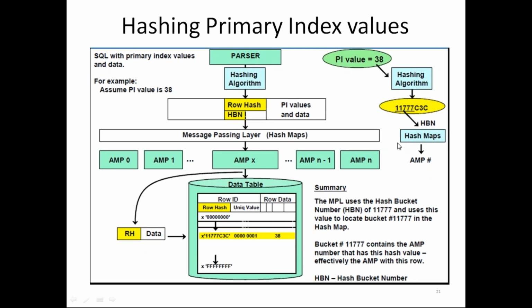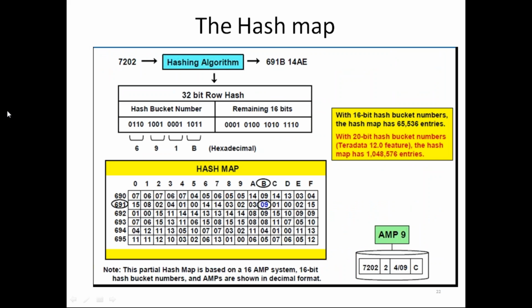Okay. What is this hash map? Hash map is a static table which is configured along with the Teradata, and it has the hash buckets in which the amp number exists. Okay, let's see that. So this is the hash map. It is a static table which is configured along with the Teradata configuration itself in the organization, based on the number of amps in the system. Okay, all these values are static. So all cells are called hash buckets.